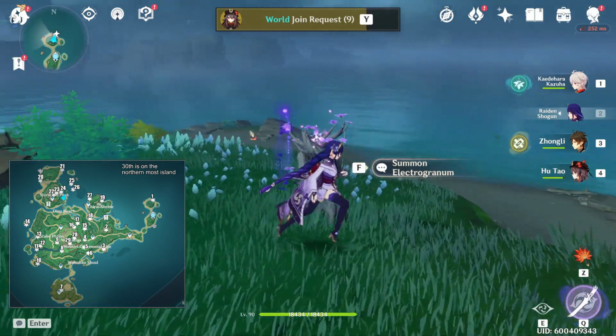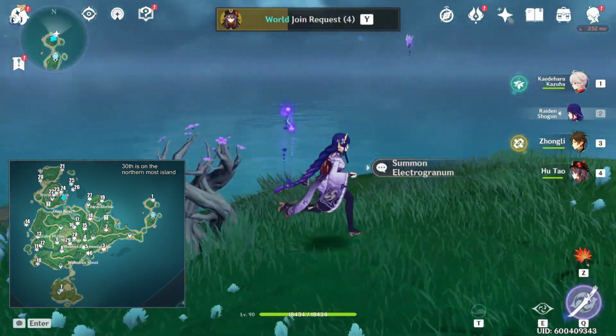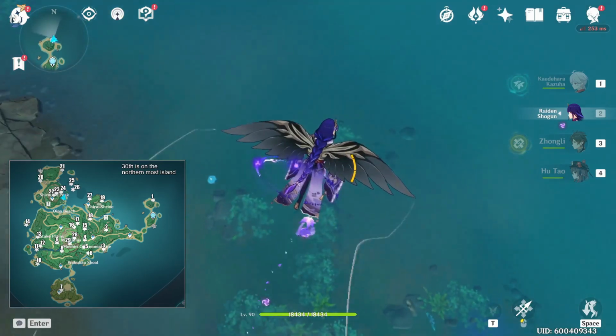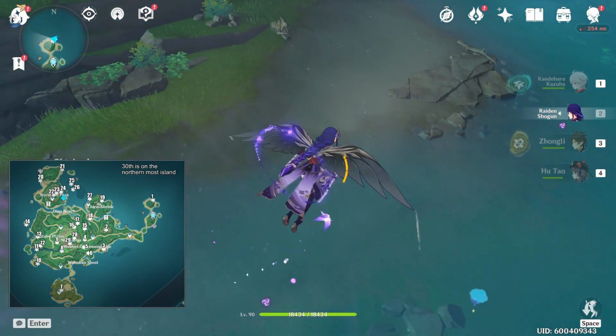Once you get here, obviously friend request, and then you'll be able to get this Electroculus on top of the mountain, interact with it, and then take it over to the Electroculus. It'll just take you up in the air a bit, and you want to just glide over above it. It's out in the ocean a bit, and slowly glide down to it,